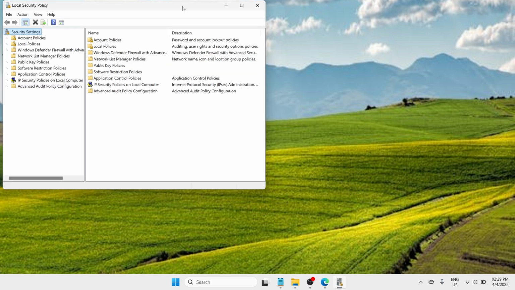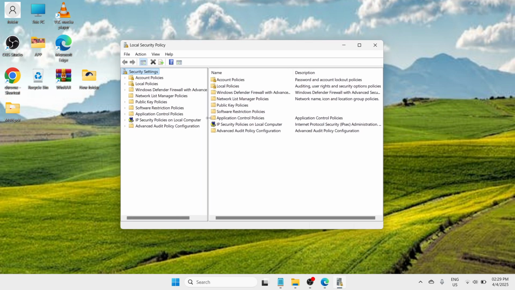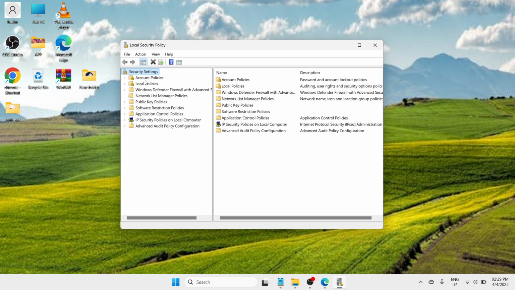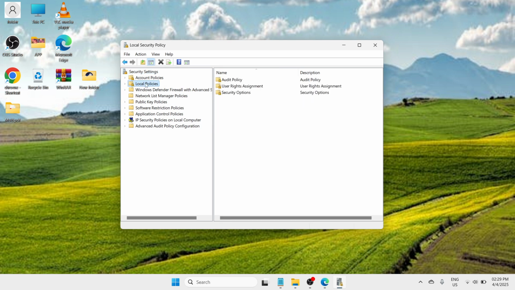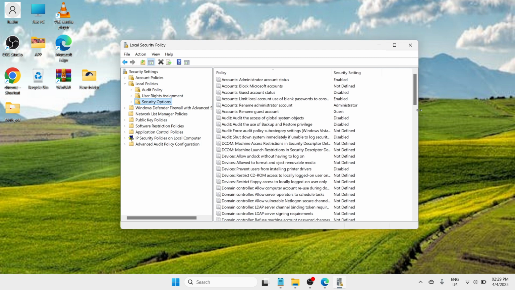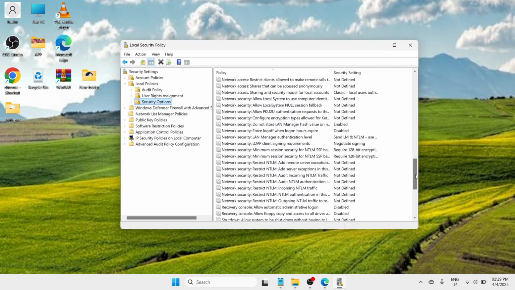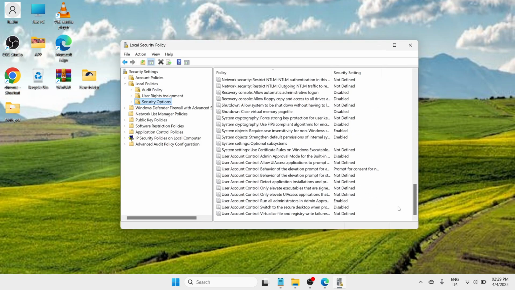Once you have clicked on it, you would be able to open the Local Security Policy window, where you need to proceed at the first row and look for a key named Local Policies. Now click on the forward arrow adjoining it and go with Security Options. And the moment you have selected Security Options, proceed to this area, expand it to adjust the size, and then scroll down and look for an option called,